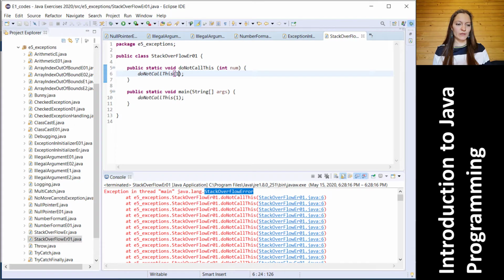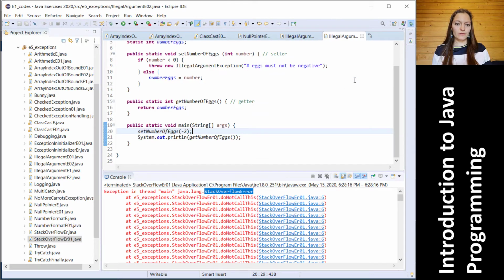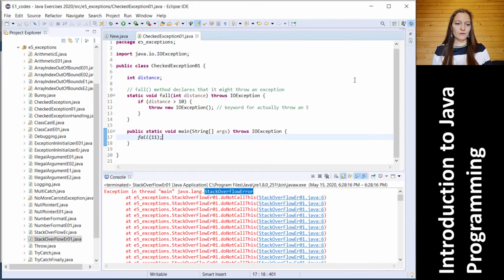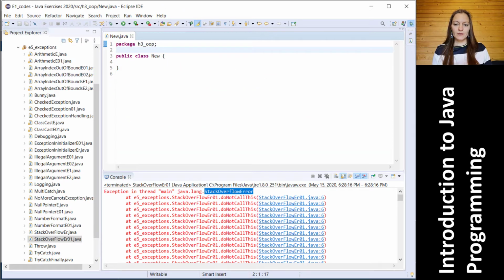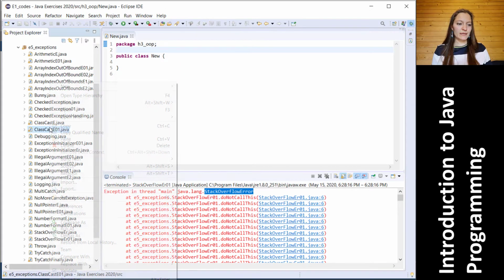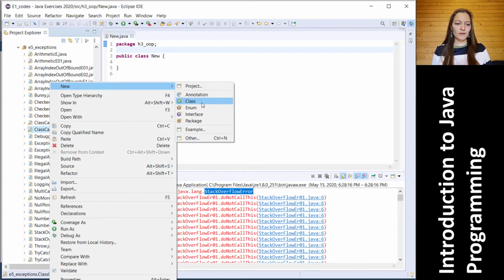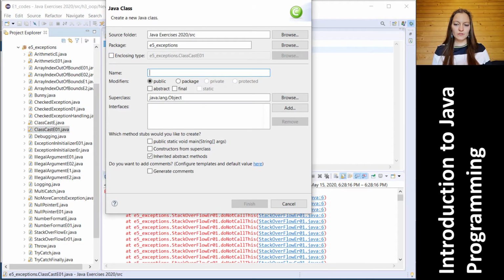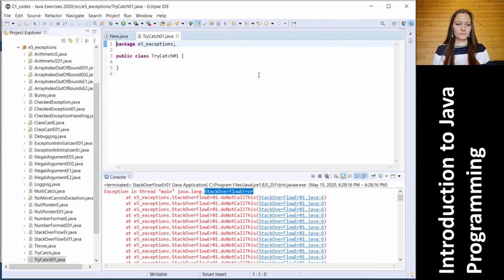So let us open our Eclipse. I will just close first all our windows here. And now let us create a class that is called TryCatch. So the TryCatch, this